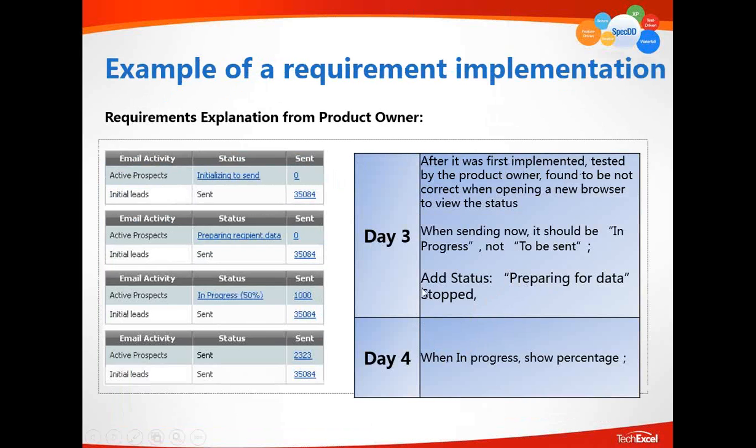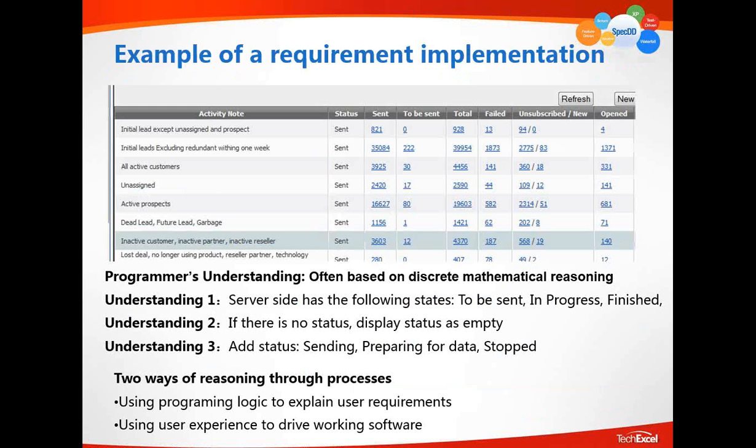So we communicated with the programmers, and the programmer's answer was, well, we cannot show the status because the state of this email sending doesn't have a value while preparing data. So obviously you can communicate with the customers and the programmer says, let's add a status, say preparing for data, and add 2 more states. But the point I really want to raise is that I want to emphasize